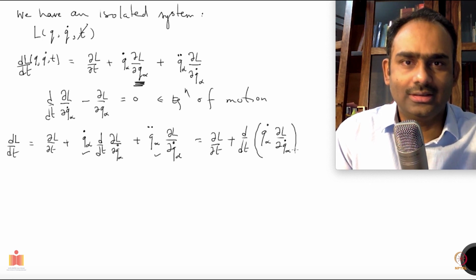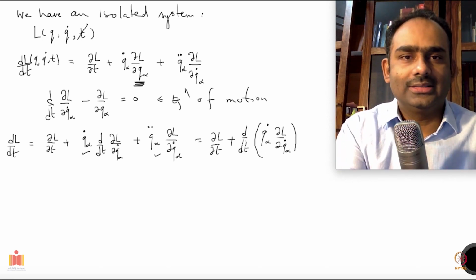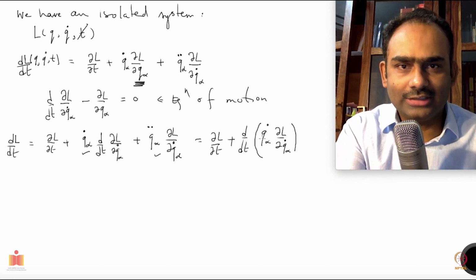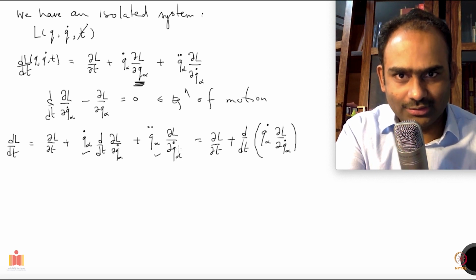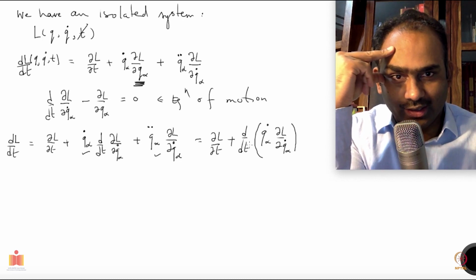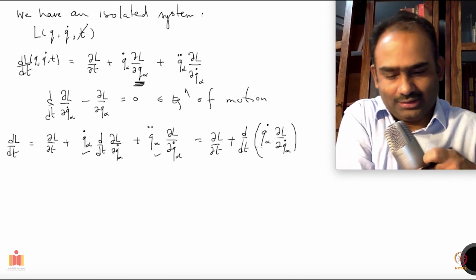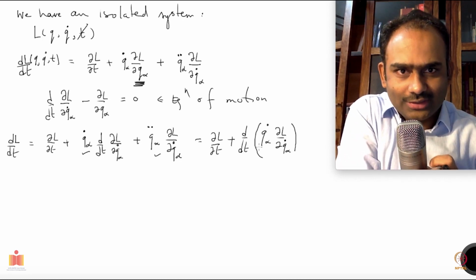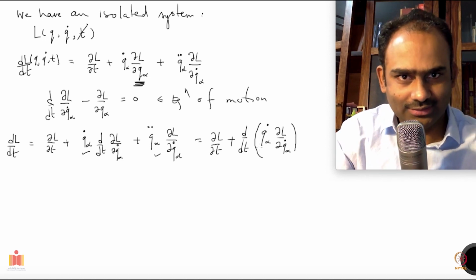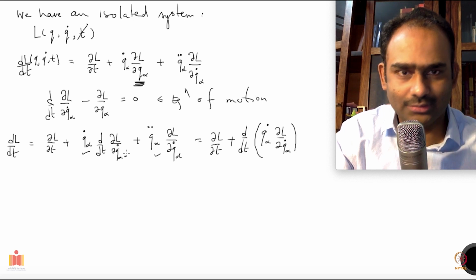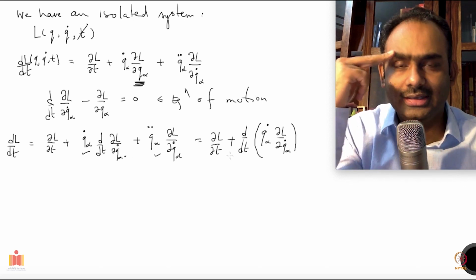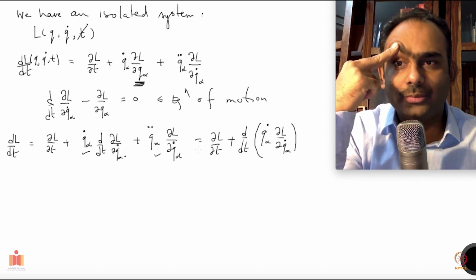Is it clear? So when this total derivative acts on q alpha dot, it generates q double dot, and this one remains. So this is the second term. And when you take the first term, leave it without acting with the derivative, and the derivative acts on the second term, you get this piece. Okay, this one. So this relation is correct. And now you have total derivatives on both sides of the equation.